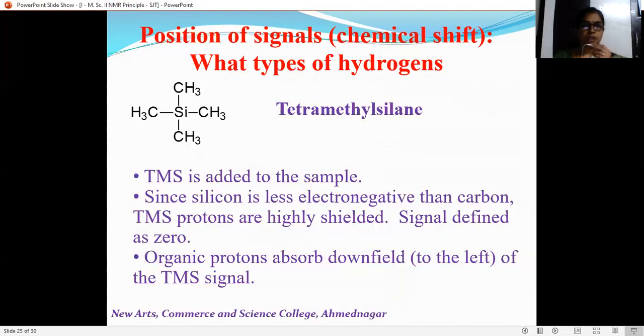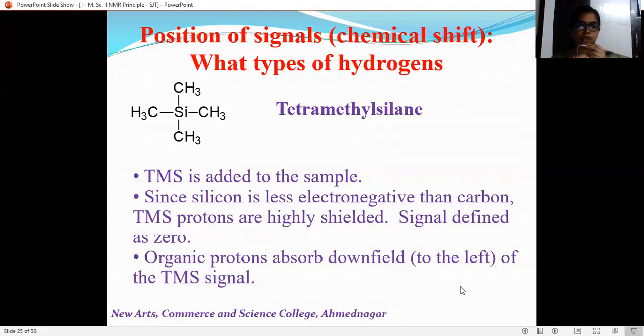Now TMS is a very easily available compound. It is a volatile compound. The protons present in TMS are all equivalent and highly shielded protons. That's why TMS is used as a reference compound. Silicon is an electropositive element. It shields the protons of all four methyl groups, and most compounds have their protons less shielded than TMS protons. That's why TMS is used as a reference compound, and organic protons absorb downfield,